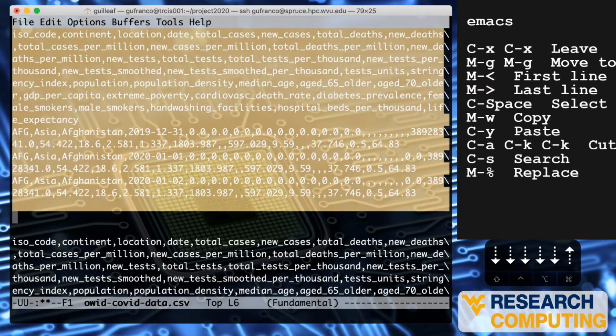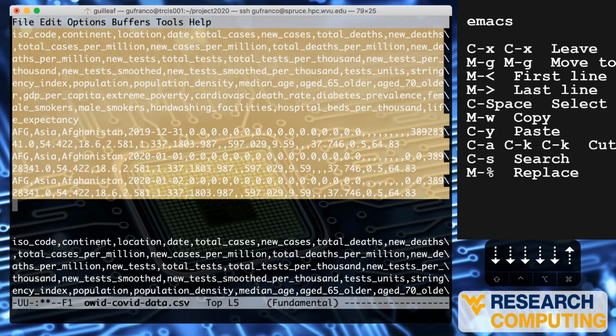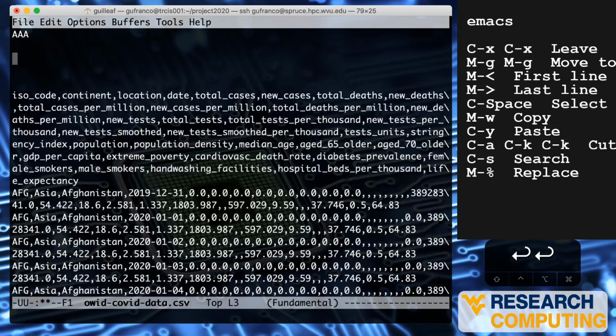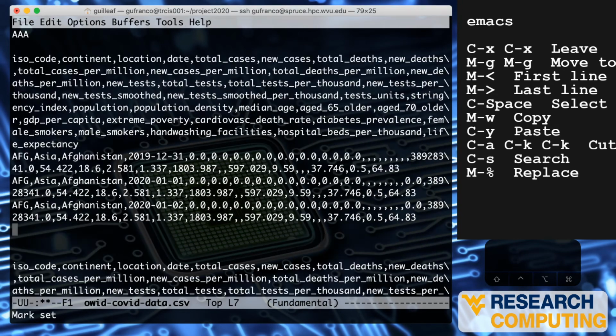select the region that you want to copy, and at this time we would like to cut this portion. So we would like to keep those lines on the clipboard for Emacs and paste it somewhere else. So for that I will use Control W. The text disappears, is on the clipboard, and when I would like to copy it back, for example here, I just hit Control Y and the text will be